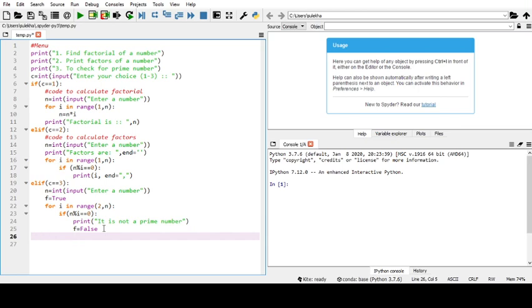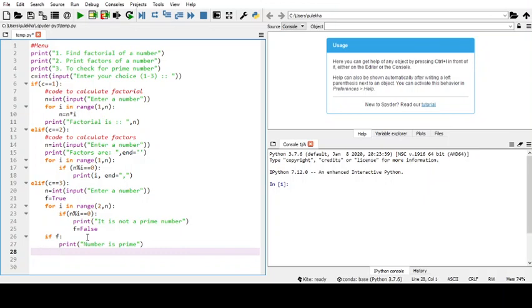Here we will check if f is equal to true, or you can say if f, then print number is prime.